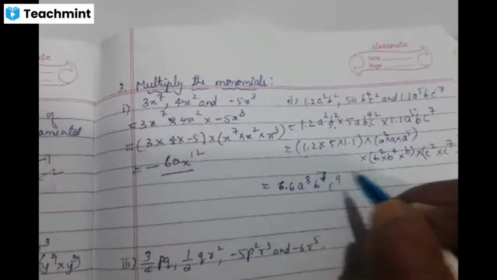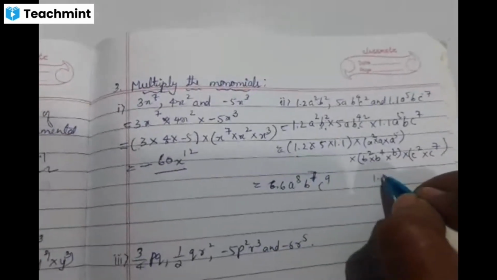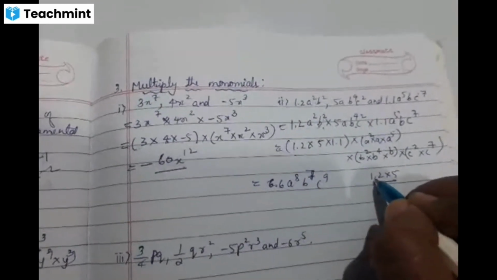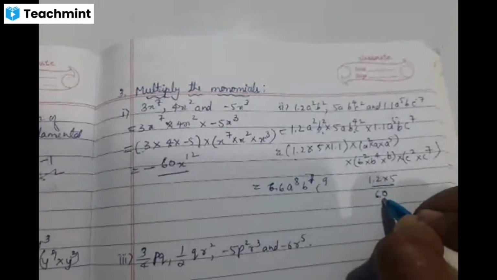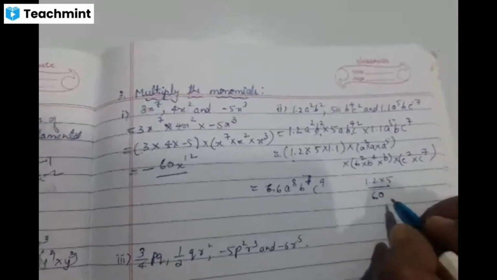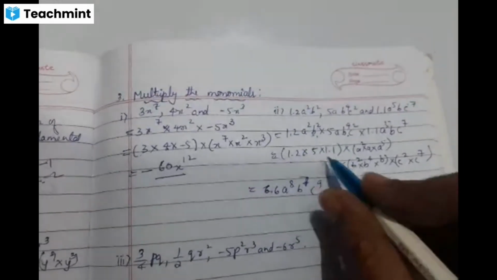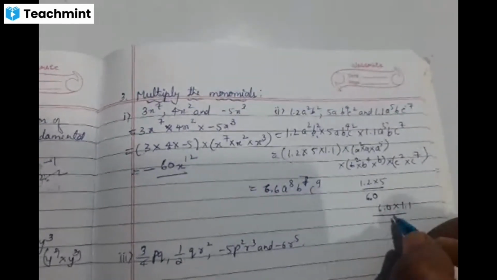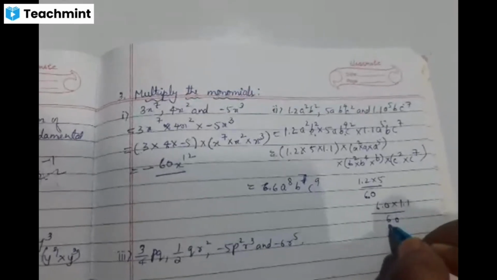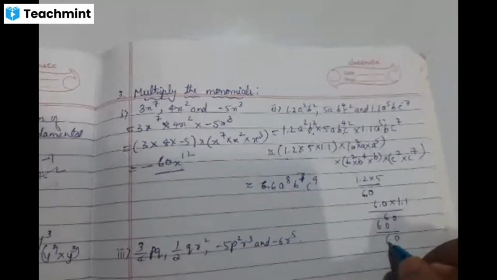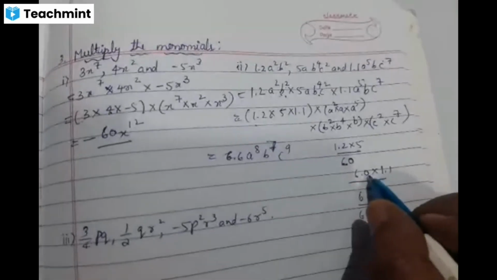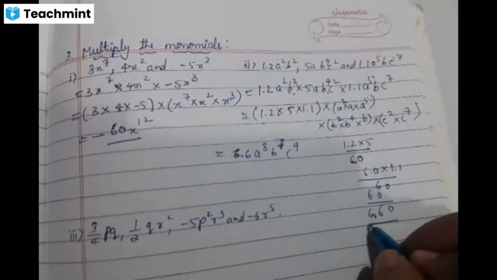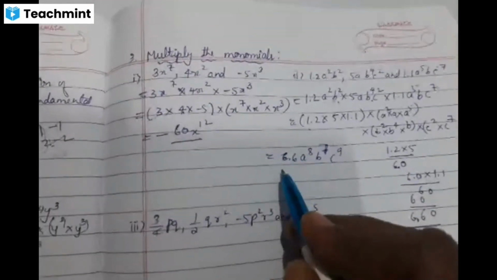Children, you know how to multiply 1.2 into 5. 12 5s are 60, but after point the answer should be having one digit. So the answer is 6.0. Now 6.0 into again 1.1. You know how to answer, children. 1 6 are 6. Again you have 6. The answer you should be having after point, how many digits, children? Here you should be having 2 digits. Therefore the answer is 6.6.